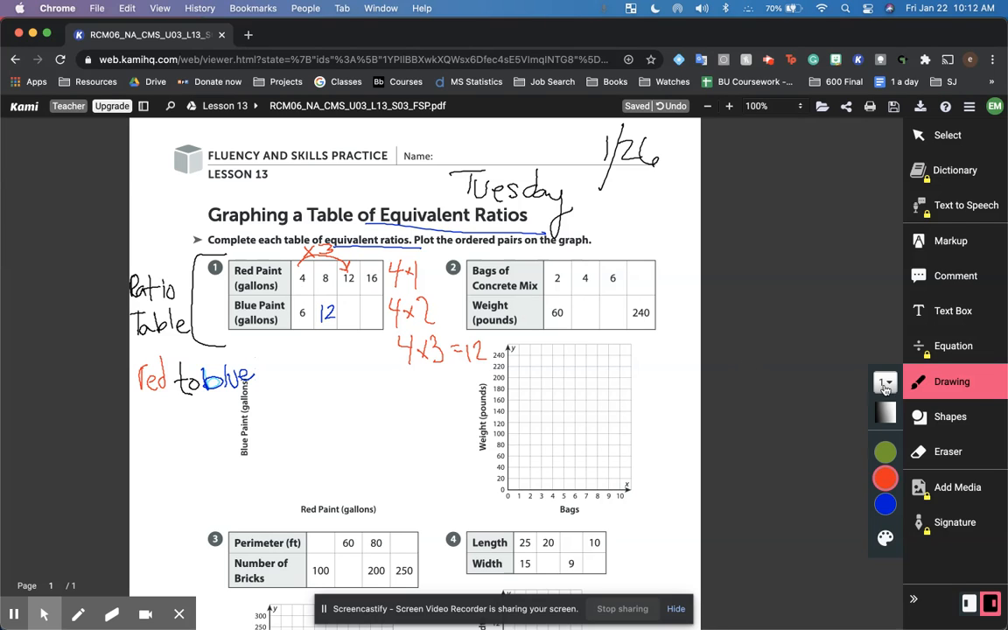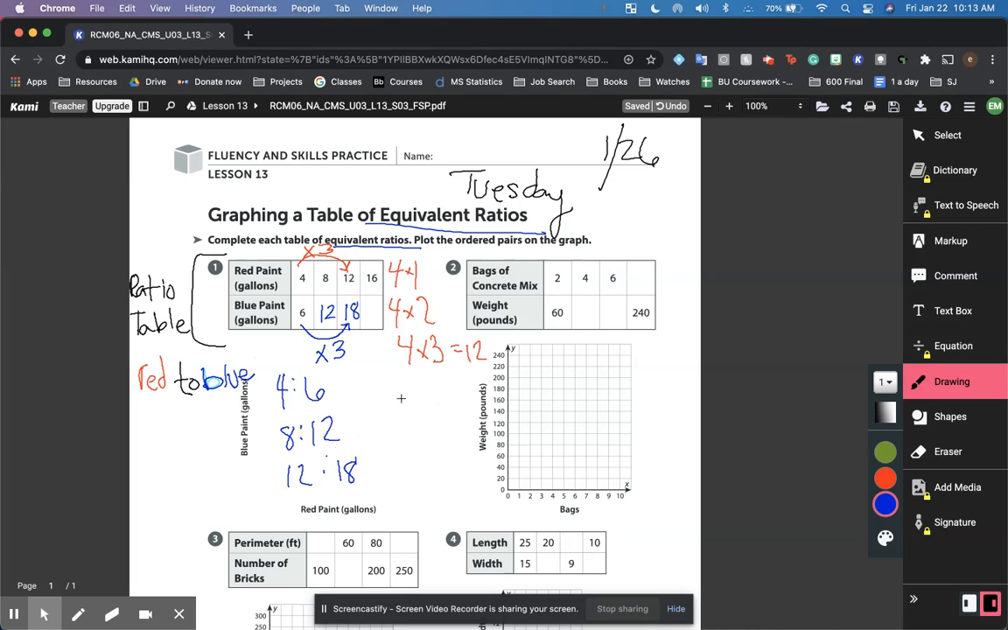If that's the relationship on the top, it must also be the relationship for the matching pattern on the bottom. If I'm going to times the number of red paint by 3, I need to times the number of blue paint by 3 as well. 4 times 3 is 12. 6 times 3 is 18. This here, the times 3, this is how we keep our ratios equivalent. We now have a table of equivalent ratios. For example, 4 to 6, 8 to 12, 12 to 18,